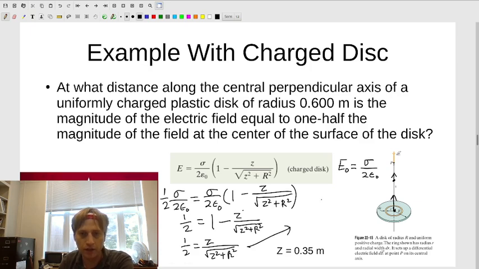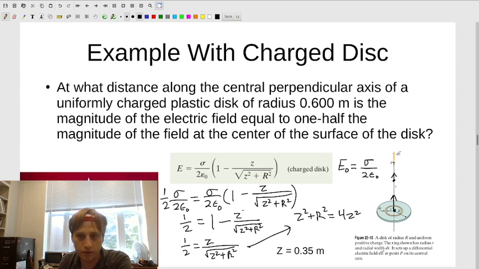Okay, then we can go ahead and cross multiply and square both sides, and that should give me 4 times z squared plus r squared equals... let me see if I did that right. Oops, no, I did not. It should give me z squared plus r squared equals 4